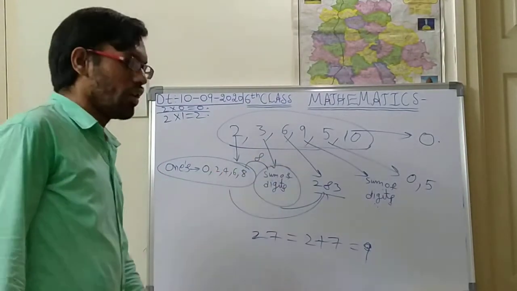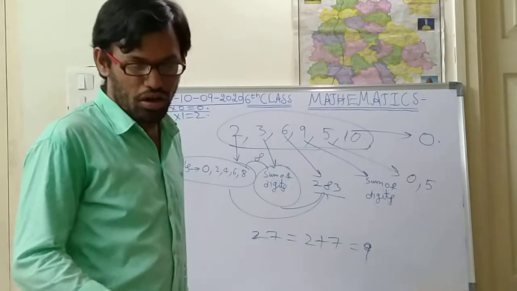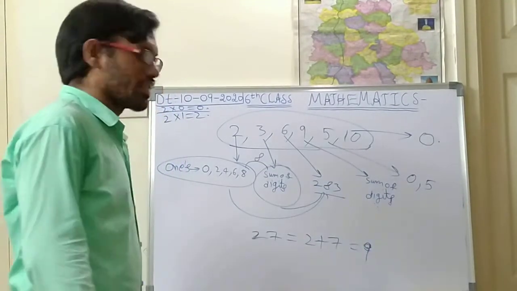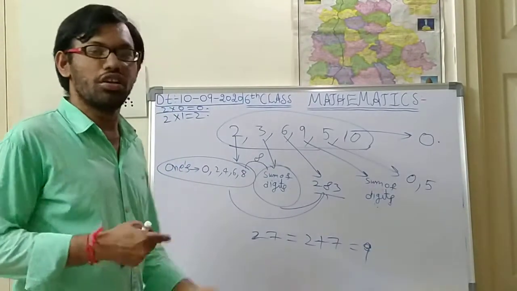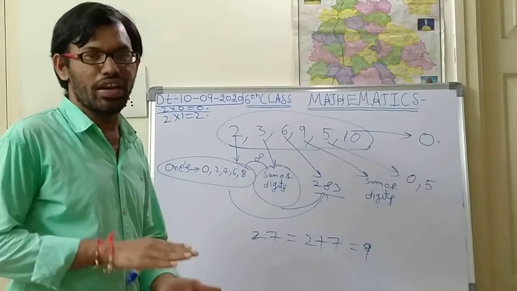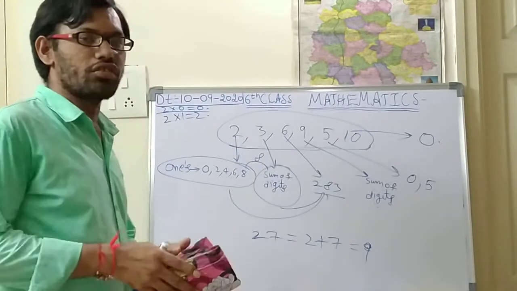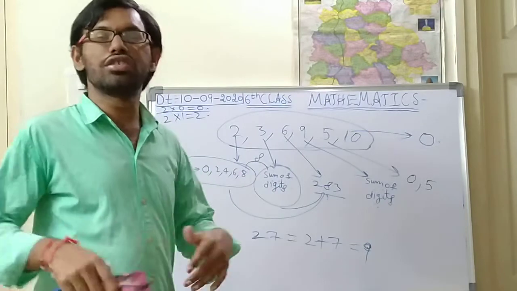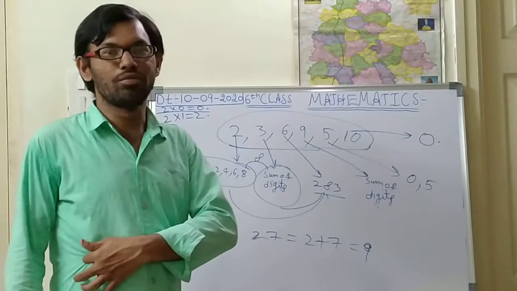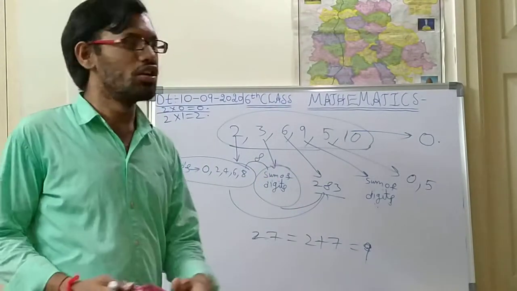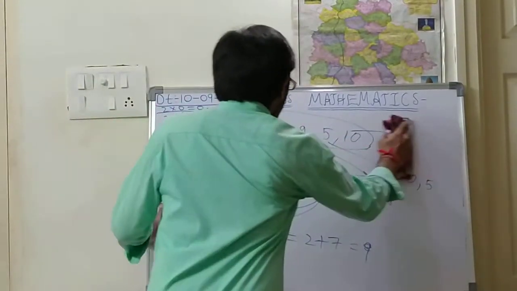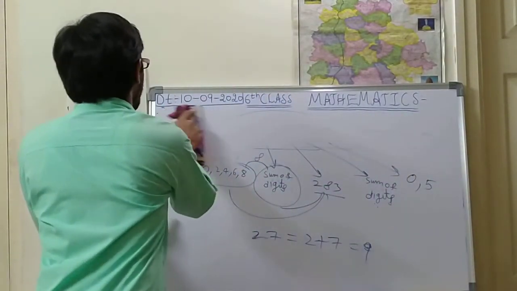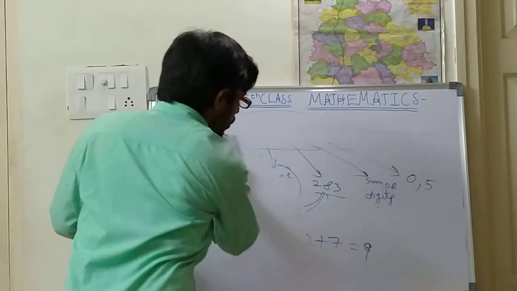So up to now, we have completed this. Today we shall see the exercise part. I think you have done yesterday's homework very easily. If you have any doubts regarding these divisibility rules, you can post them in the group so that I can explain in the class. Now we shall see the exercise part of divisibility rules.